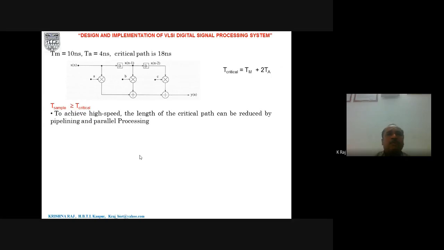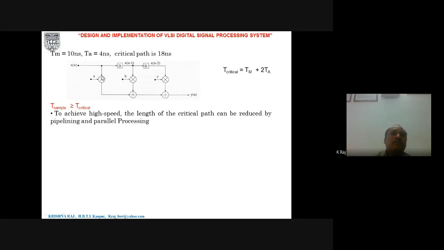So these are the approaches which are used in order to enhance the performance of the system. Now we are just going to describe one example in which we are trying to enhance the performance of any design algorithm. Suppose the requirement is given, and from that requirement we have derived a DSP system or algorithm, that is the FIR filter, and naturally it is the 3-tap filter.